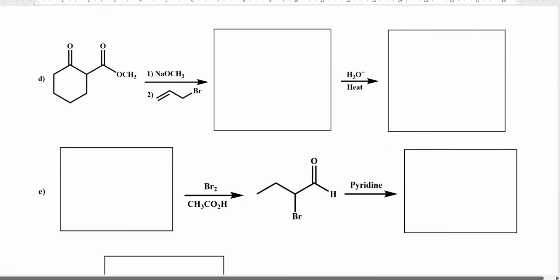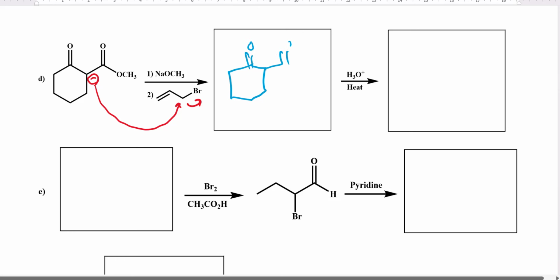In the next reaction, we use sodium methoxide. So methoxide acting as a base, we have a beta keto ester. This is our ketone and this is our ester. The hydrogen between these two carbonyls is acidic, and methoxide takes this hydrogen, converting this carbon to a negative carbon, an enolate ion. Then this negative carbon can easily attack and kick bromine out in an SN2 reaction. As a result,